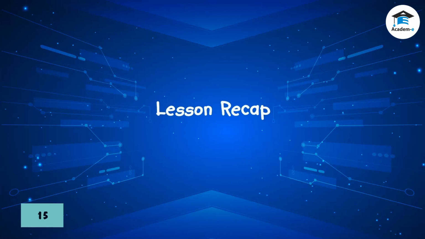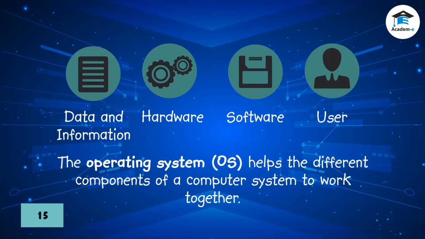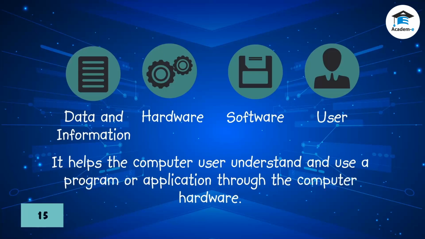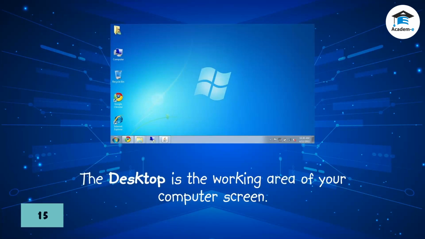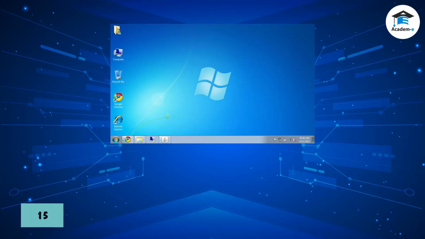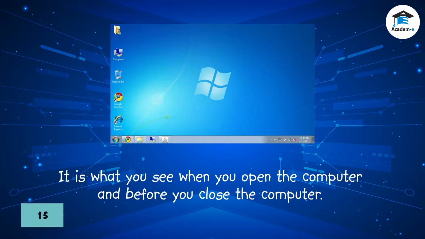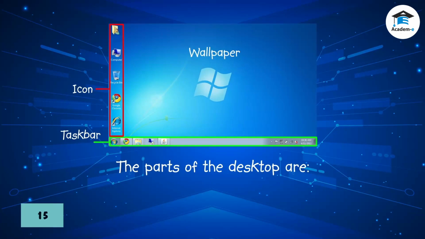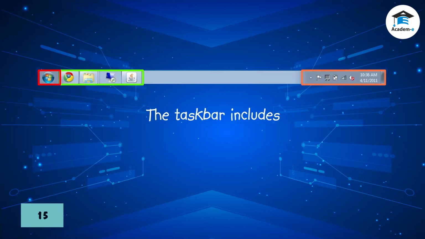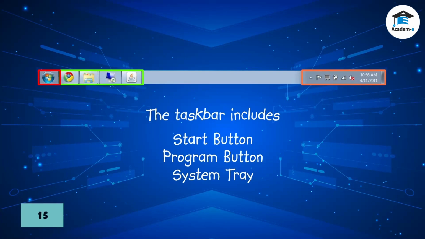Lesson recap. The operating system helps the different components of a computer system to work together. It helps the computer user understand and use a program or application through the computer hardware. The desktop is the working area of your computer screen. It is what you see when you open the computer and before you close the computer. The parts of the desktop are icons, taskbar, wallpaper. The taskbar includes Start button, Program button, System tray,